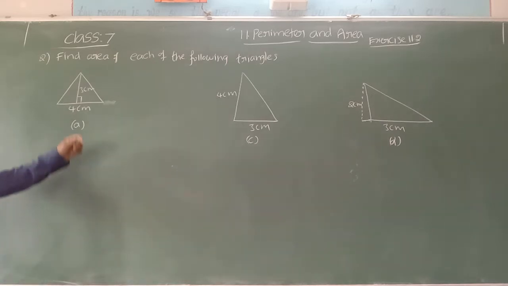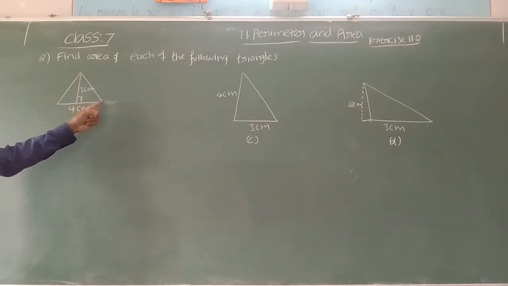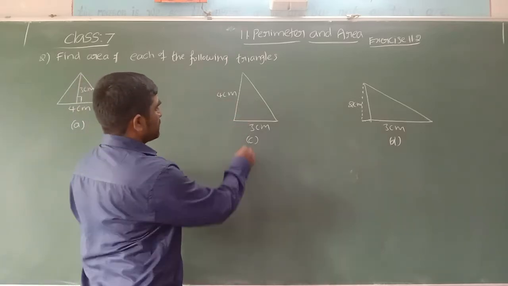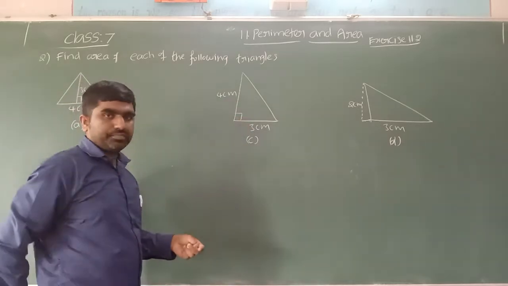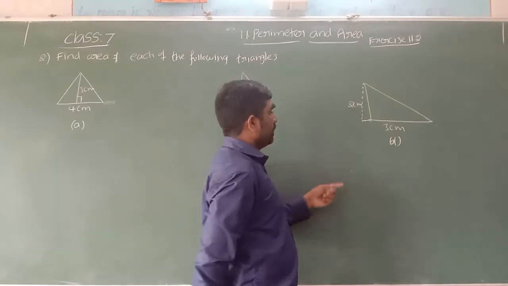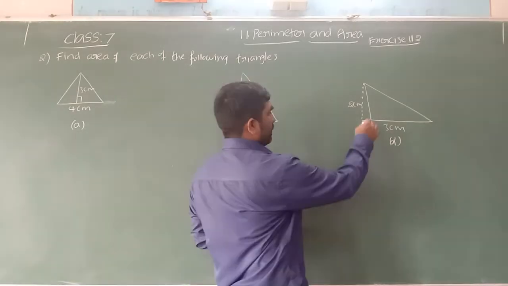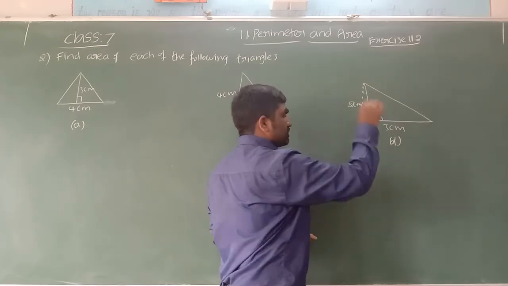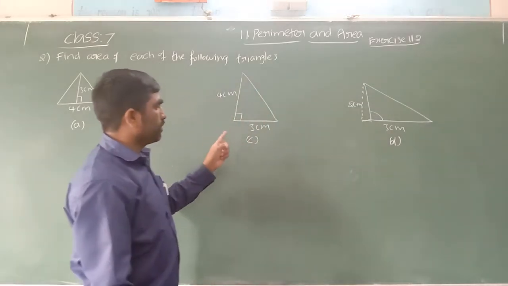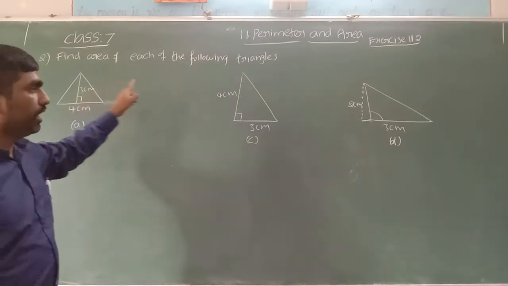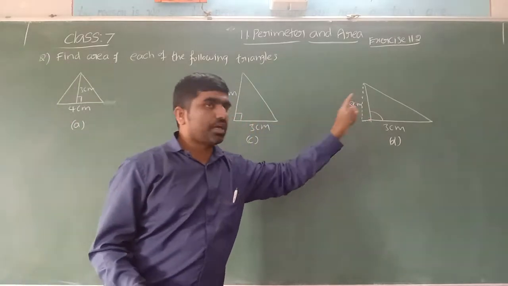Here you can see a triangle where all 3 angles are less than 90. It is called an acute angle triangle. And here you can see one of the angles is a right angle. It is called a right angle triangle. And this angle looks obtuse, more than 90. So I have taken 3 different triangles based on angles: acute angle triangle, right angle triangle, and obtuse angle triangle.